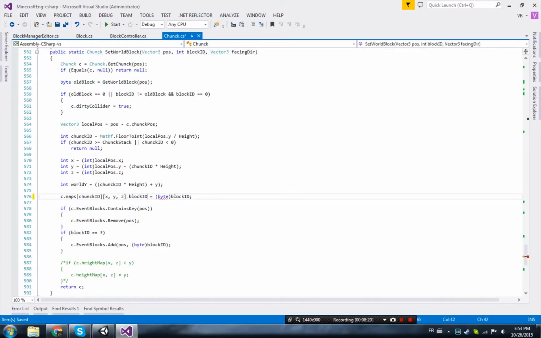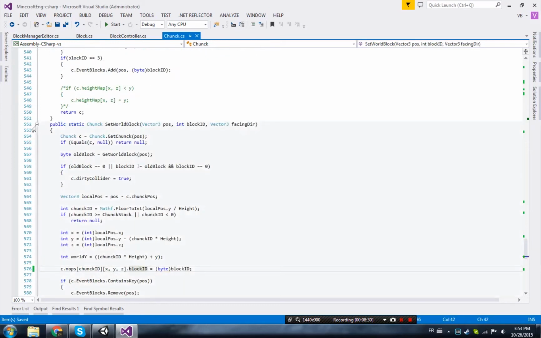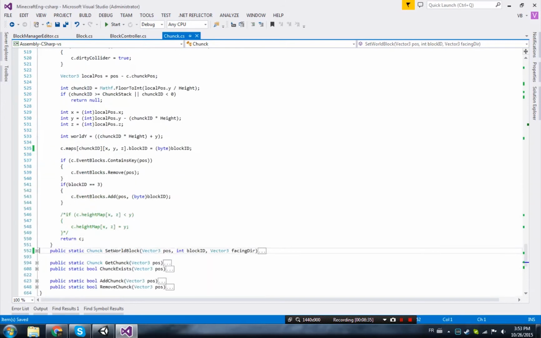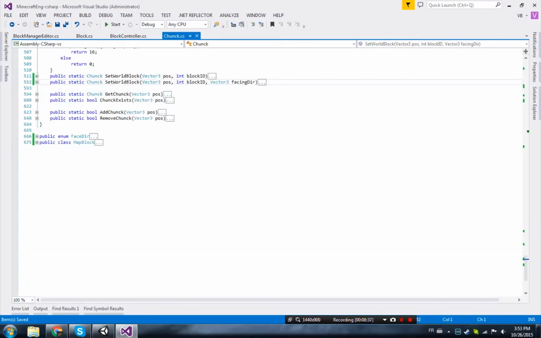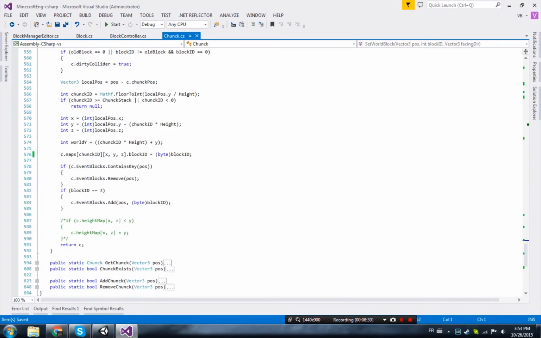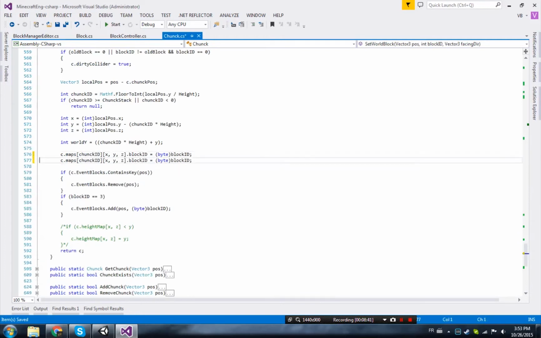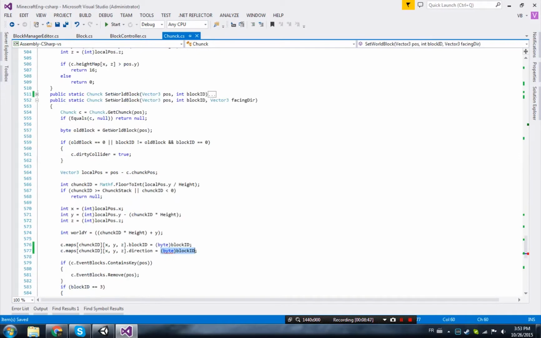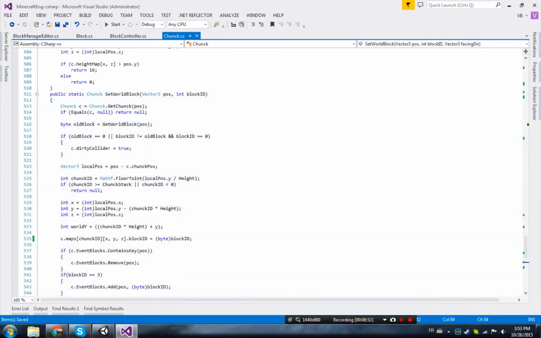And again, block ID. So remember when we did these two, this one with facing direction, here we're not going to only change that, but we're also going to change the facing direction, which is going to be equal to, well, the facing direction. And here, whenever we say this,